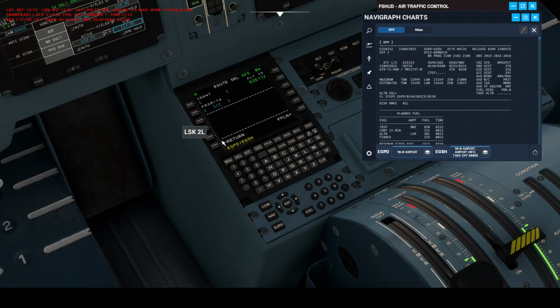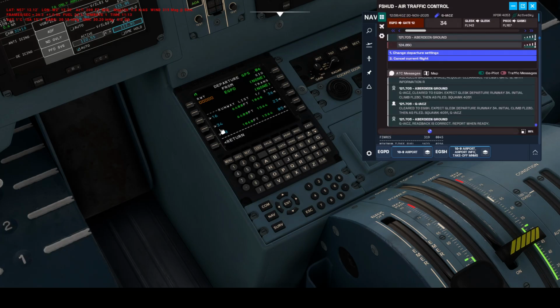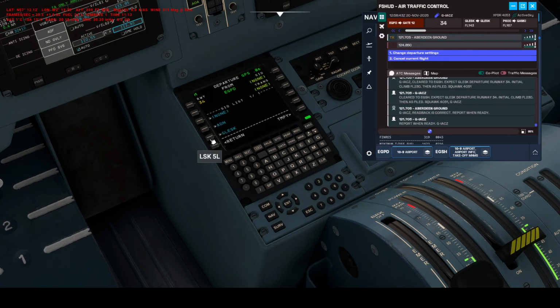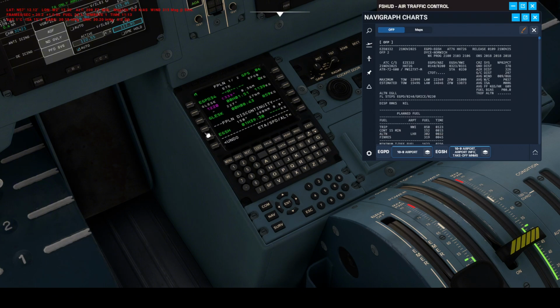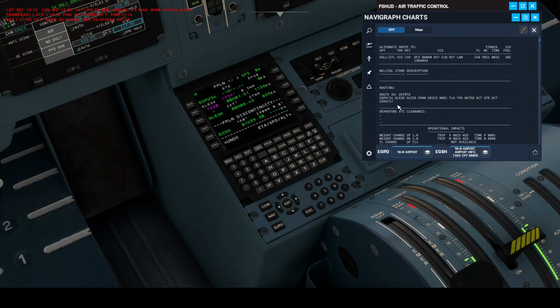So entering in the flight plan, execute, go to our airport, and we're going to be using the 34 Glesk departure. Enter that. Now we're going to go ahead and enter in our flight plan. So from Glesk we're going to be using the P600 airway to Gris down here. Then we're going to do another airway, 601, down to TLA,